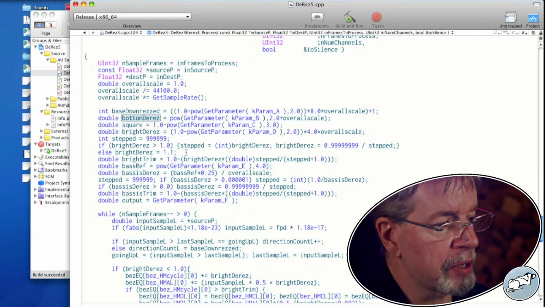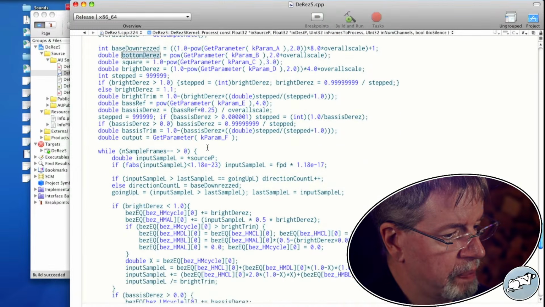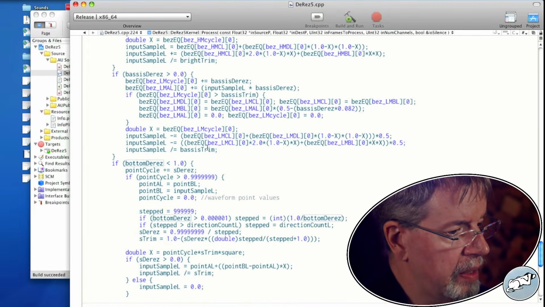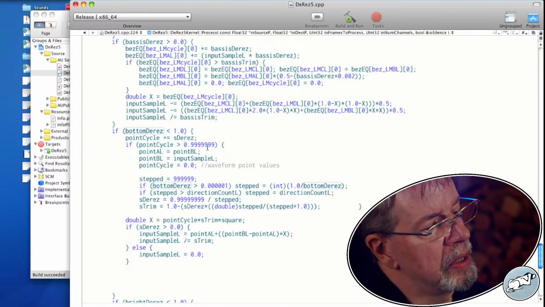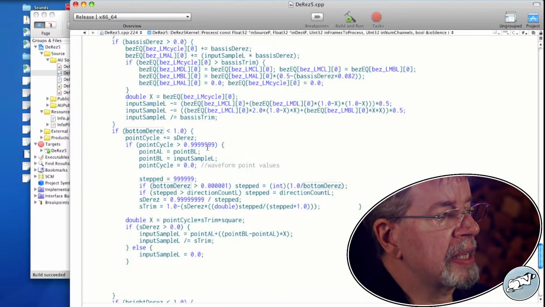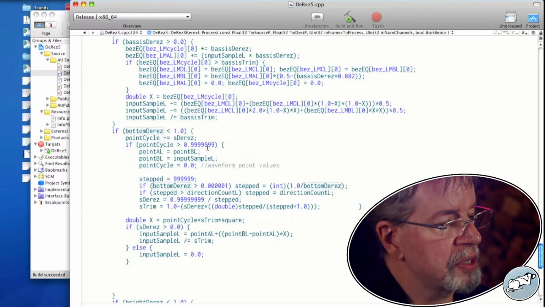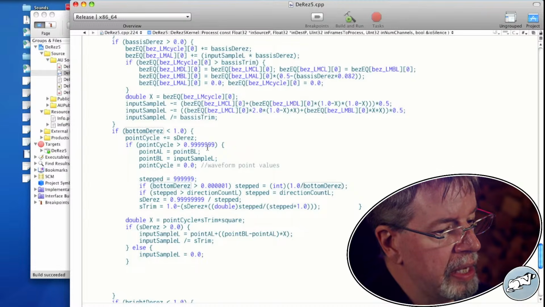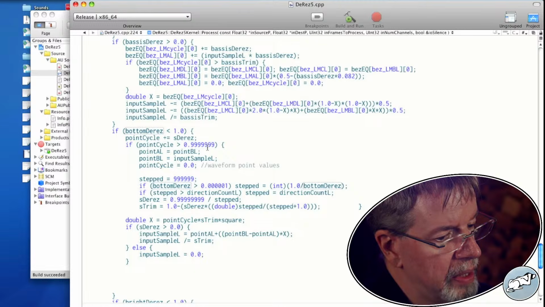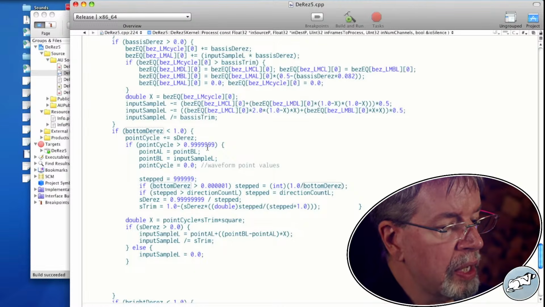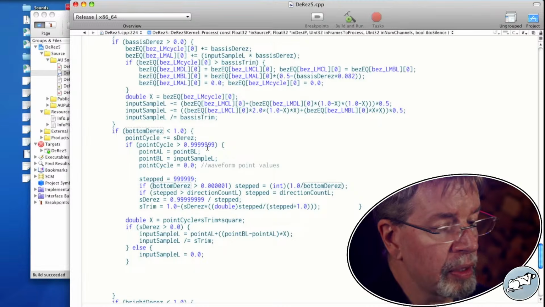Edit all in scope. That'll show me where it gets used. There. So if bottom DRes less than 1, then we start doing this stuff. And stepped is either 1 divided by bottom DRes, as long as it's not literally 0.